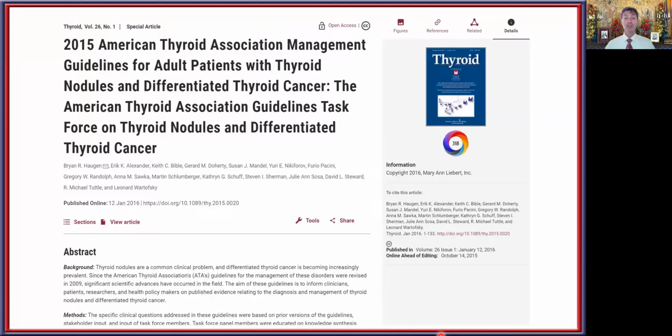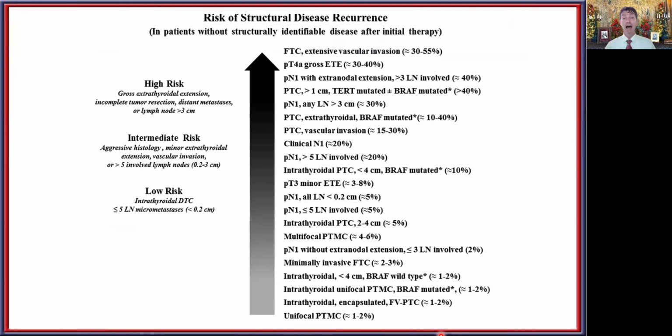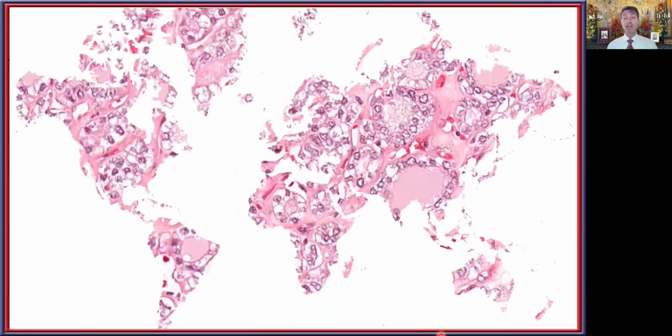So I think if one follows the ATA guidelines, and I'm sure that they will have another one coming up soon, there is a risk stratification model that can be utilized in order to be able to come up with the accurate criteria. So with that in mind, I do hope that I've been able to shed a little bit of light on the world of thyroid tumors, and specifically of papillary thyroid carcinoma,